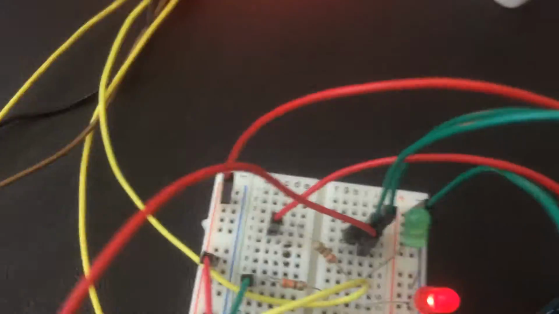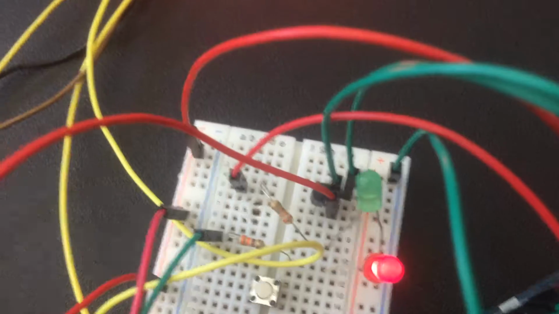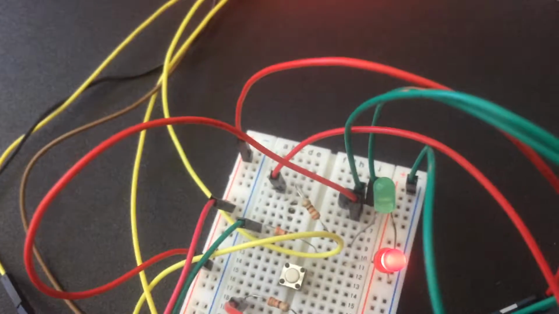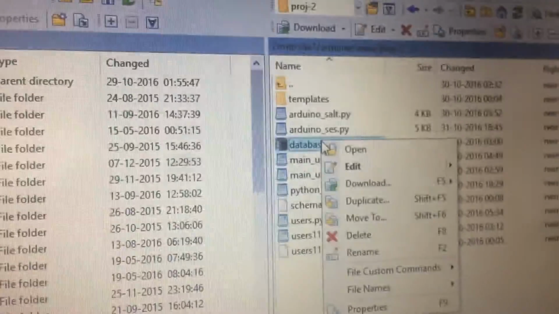Now you could see here that the green LED is turned off and the red LED is turned on. The LED matrix is showing the E symbol, showing error. So the temperature exceeds what I have entered, 55 and 59. Let me go to the table and show that whatever value I entered got reflected. So I'm going to the table,